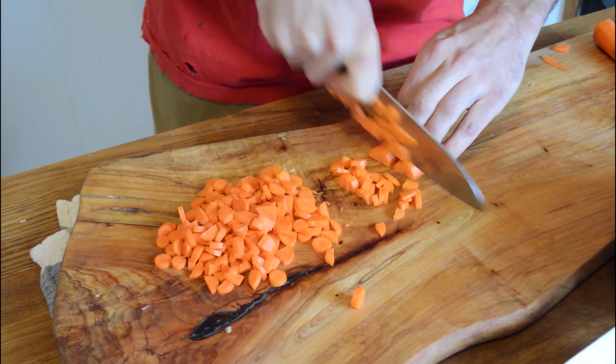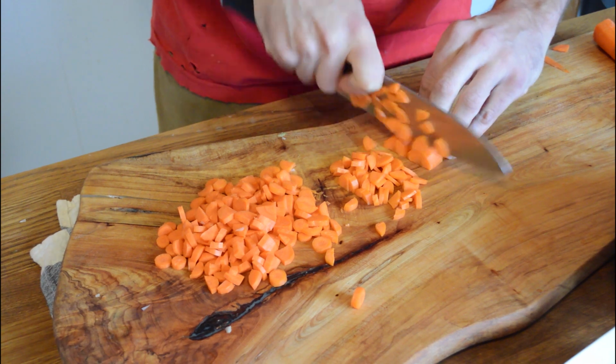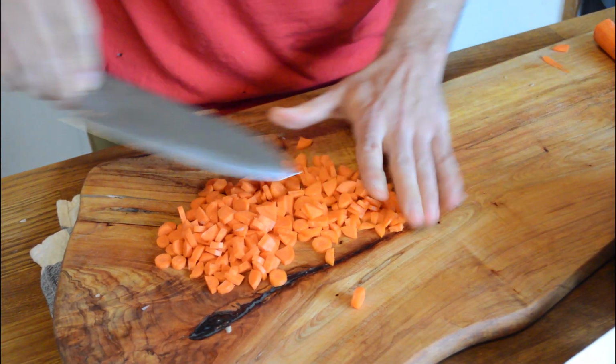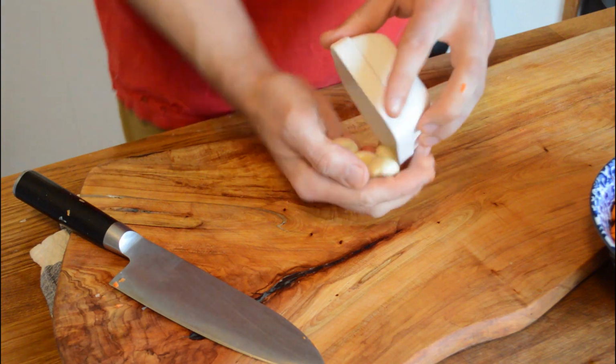So again, just rocking here, using my hand to keep everything nice and tight together. And then as I get further out, I'll switch to more of just a kind of a straight slice across. There's our cut carrot. Now finally for this garlic,